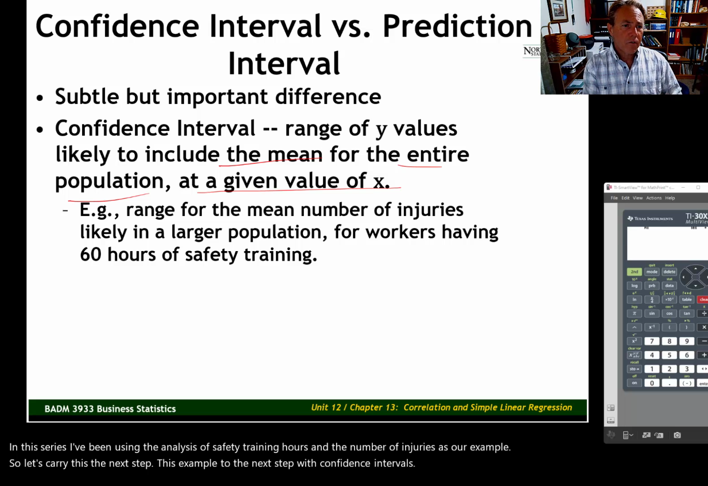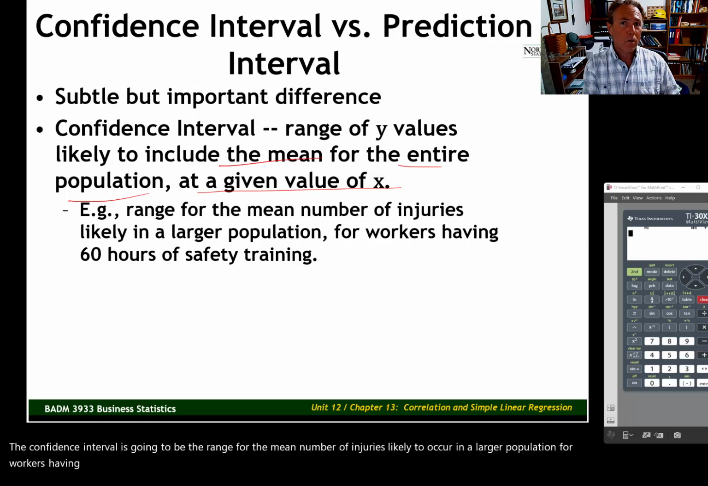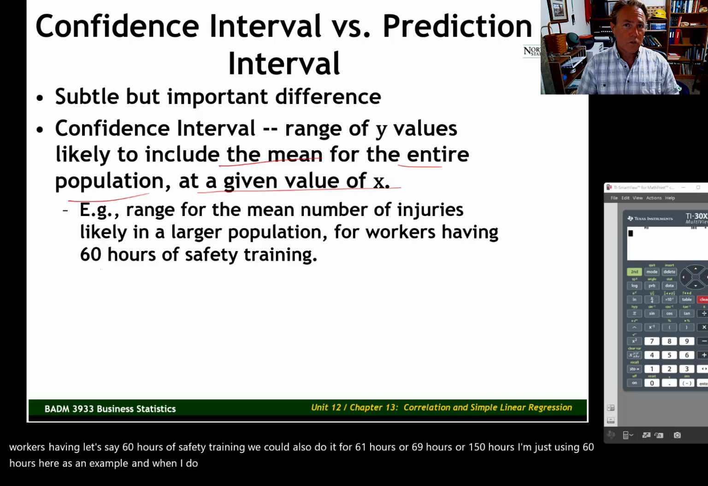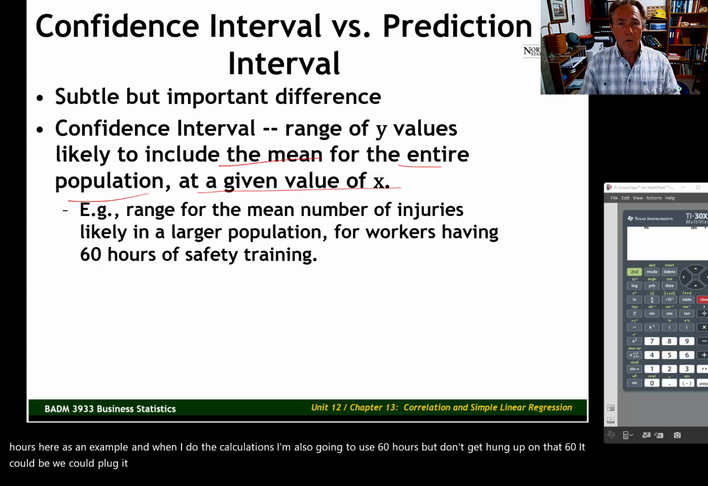The confidence interval is going to be the range for the mean number of injuries likely to occur in a larger population for workers having, let's say, 60 hours of safety training. We could also do it for 61 hours or 69 hours or 150 hours. I'm just using 60 hours here as an example. And when I do the calculations, I'm also going to use 60 hours, but don't get hung up on that 60. We could plug in any number of training hours into our regression equation to get our